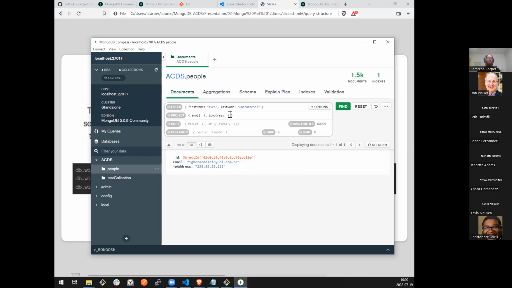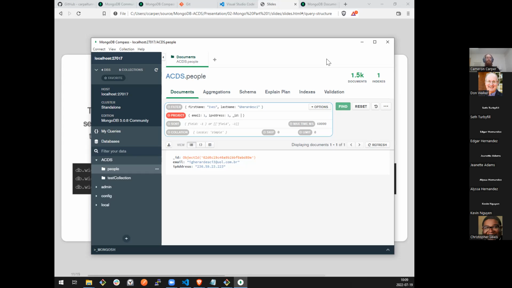It's also quite common, if you're querying this data from an API and returning it to a UI or a web page, that you probably don't want to include the underscore ID field because it means nothing to them, most likely. So it's very common in our projections to say, not only do I only want the email and IP address fields, I also specifically want you to not include the underscore ID field.